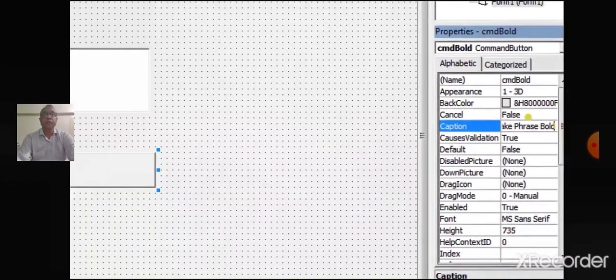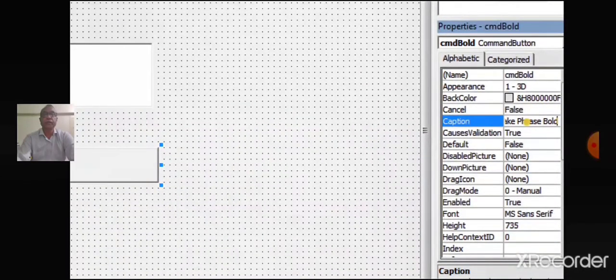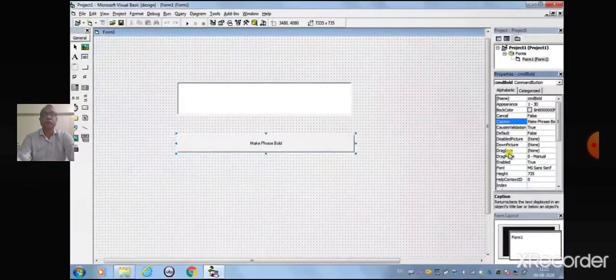The properties are set for both the objects. Now double click on the text box.